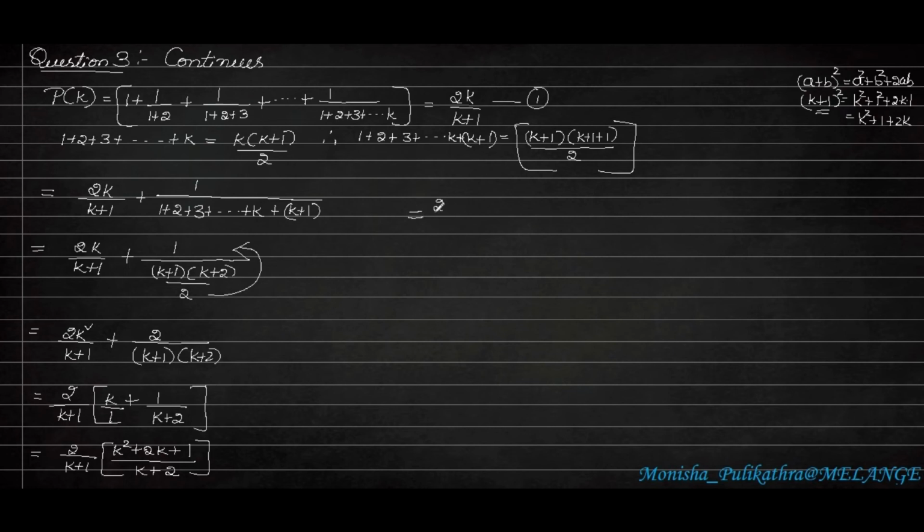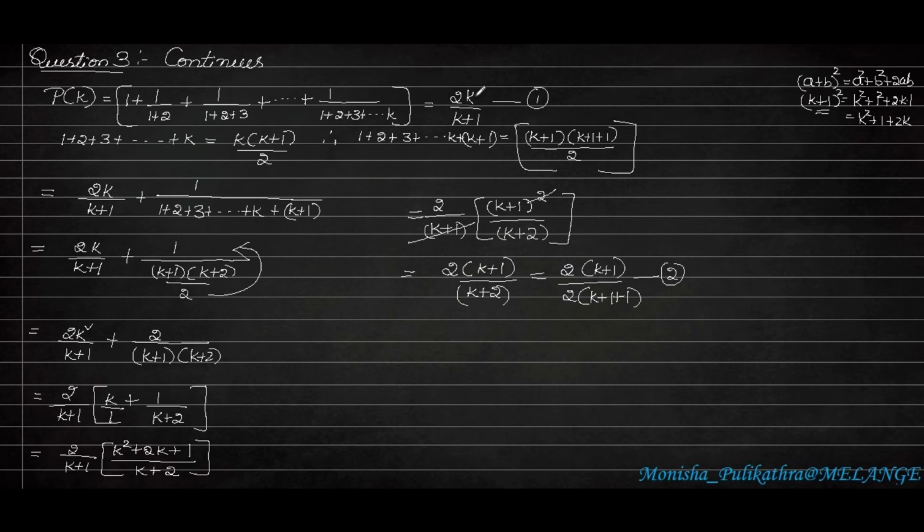So we can take 2 by k plus 1 into here k plus 1 whole square divided by k plus 2. Okay, k by 2. Next what happens? Here 1 k plus 1 is there. Here 2 times k plus 1 is there. So I will be cancelling one term in that. Now it has become 2 into k plus 1 divided by k plus 2. Or else we can write it as 2 into k plus 1 divided by 2 into k plus, in the place of 2 we can write it as k plus 1 plus 1.